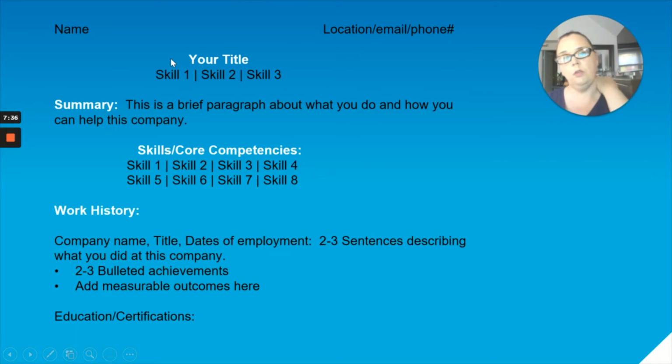here. The way that it is set up here is ideal, because if you're looking at this as a person, it's easy to identify the skill. It's easy to see your summary. It's easy to see your skills section. It's easy to see and find your work history. It's easy to see your education and certification. So this section here, I would bold where it says your title, where it says summary. Skills, core competencies, I would put that in bold. Work history, I'd put in bold. I'd actually put education and certifications in bold as well, so that it stands out and the sections are easily